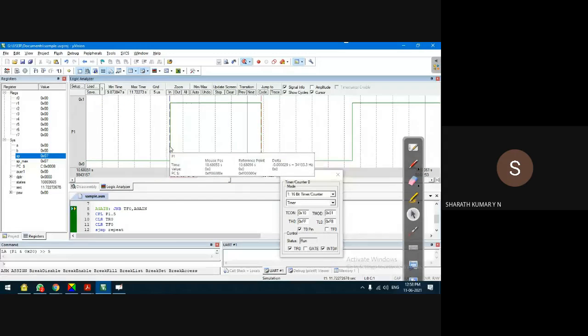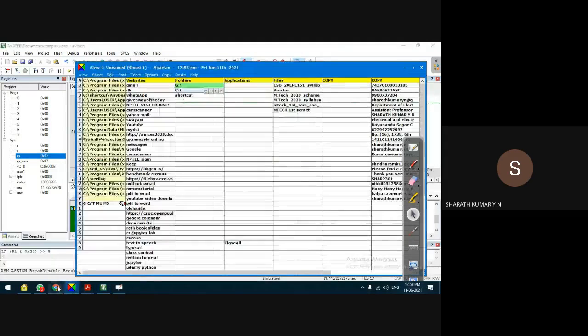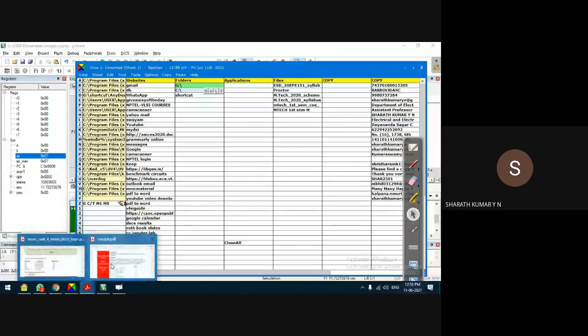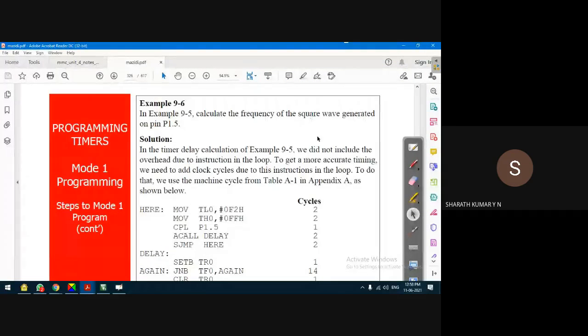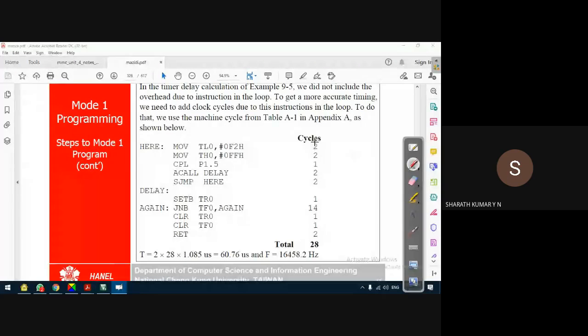Frequency we can also measure. It's showing 17 kilohertz. This considers the time taken by the compiler to execute the instruction. This is another way of calculating the delay. We'll not go into this one, we will see it later, no problem.